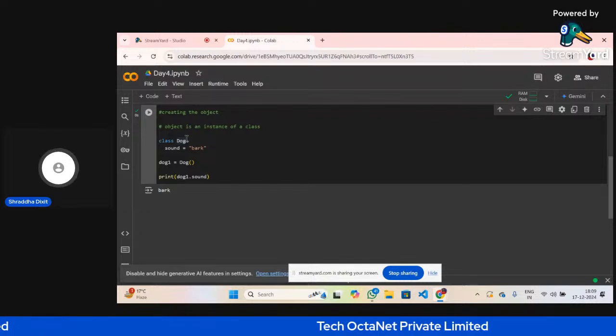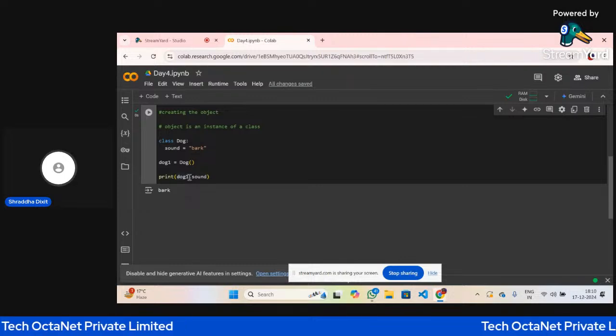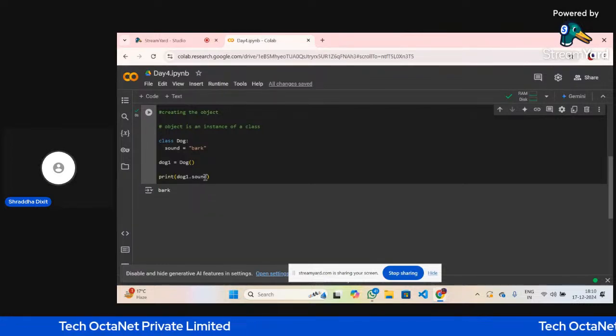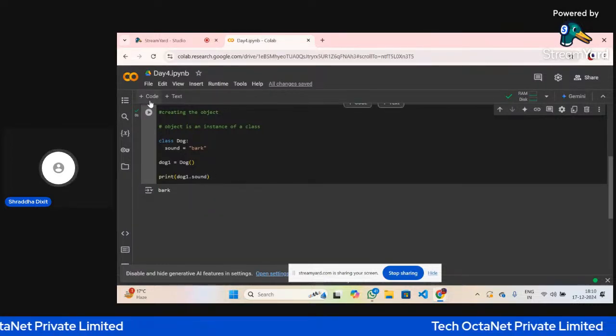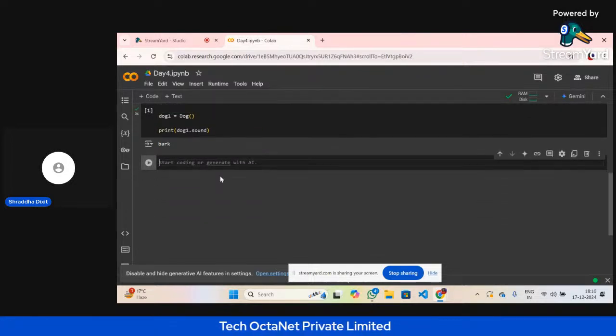You can only access the attributes from the object, not from the class. You cannot write dog here. You always need to have the instance of a class, that is the object. And here the name of our object is dog1. So we use the dot operator and write the name of the attribute that you want to access. Okay. So now let's see